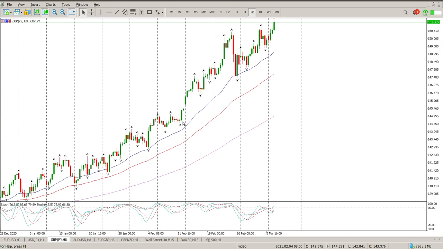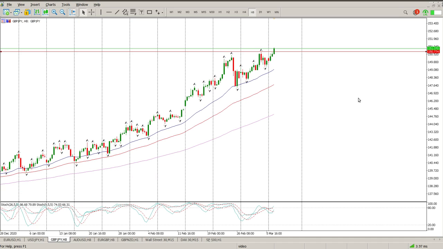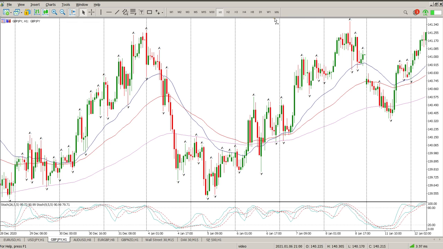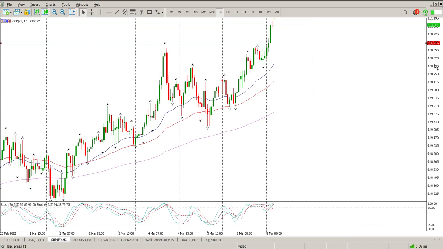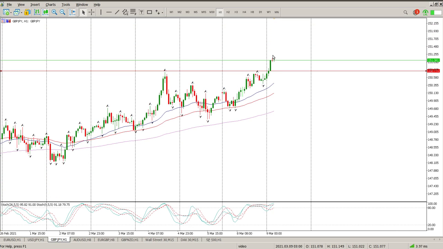British pound, Japanese yen. We have broken above the high of the previous week, and it does look like we're about to close above that previous week's high. So what we'd be looking for is on the 1 hour. We've got a 1 hour exhaustion bar right past it. Look at my oscillators, all grouped to the upside. We're looking for pullbacks, and I don't think this is a decent pullback here at